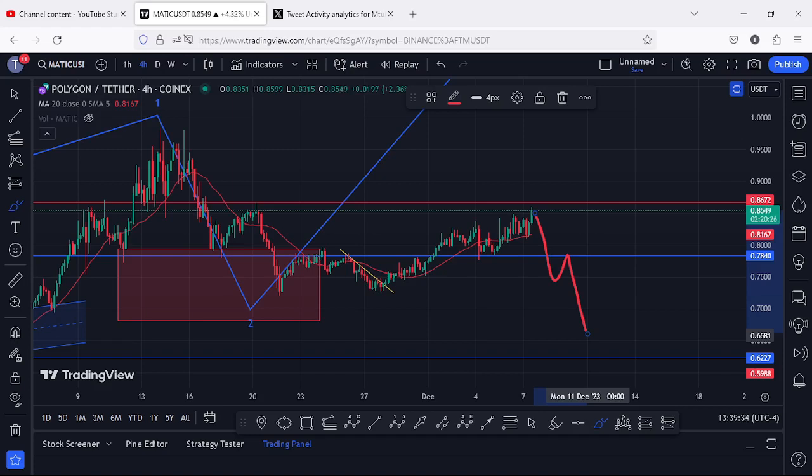So that is what I'm watching out for here on the Matic chart in the short term,